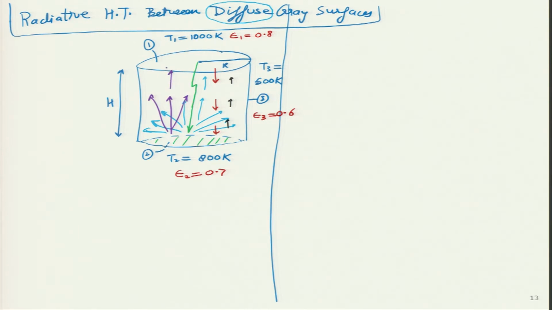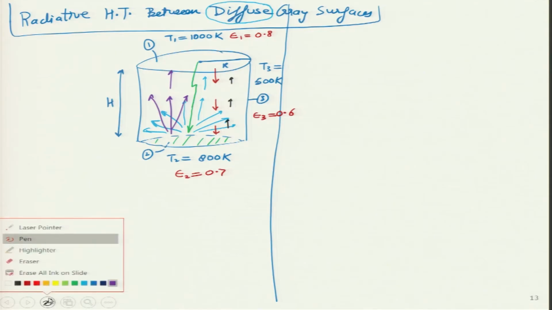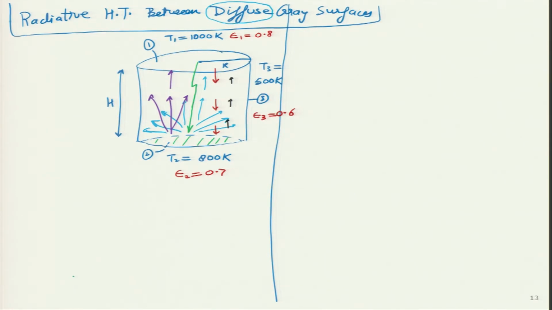The same thing will happen to this purple arrow as well, and the same thing will happen with surface 3 as well, which means the radiation which started from surface 1 got reflected by surface 2, may reach surface 3, some portion may get absorbed, it may again get reflected from surface 3 in all directions, which means it may even reflect back to surface 1 or to surface 2 as well. So, what I am trying to say may sound very complicated, and it really is if we try to use that kind of a process over here, which means we have to use a different kind of approach, and for that we have to make use of the following 3 concepts over here.